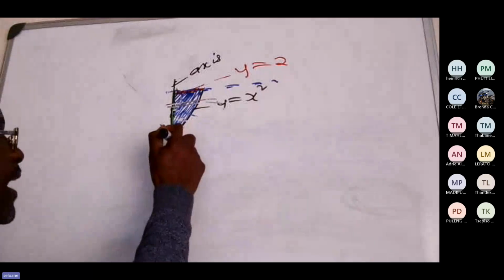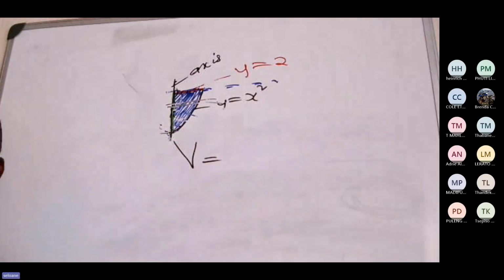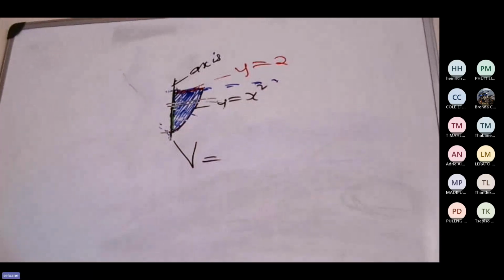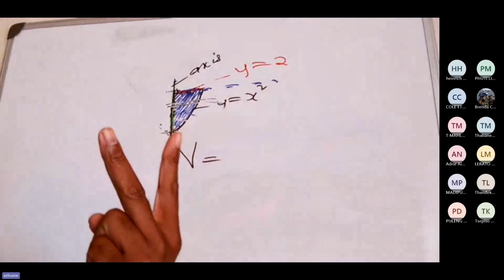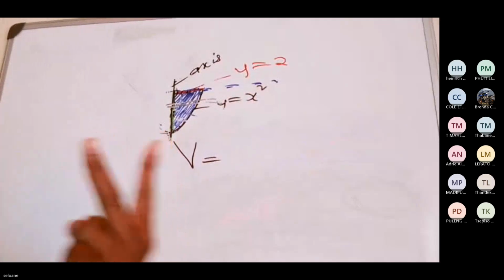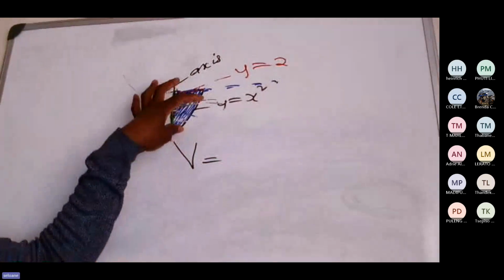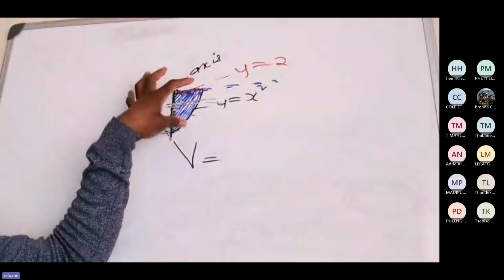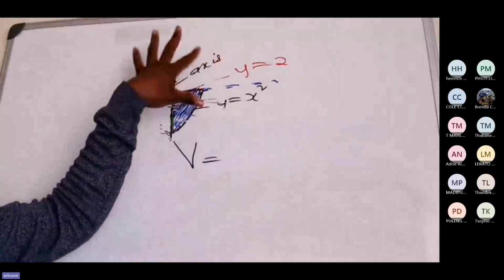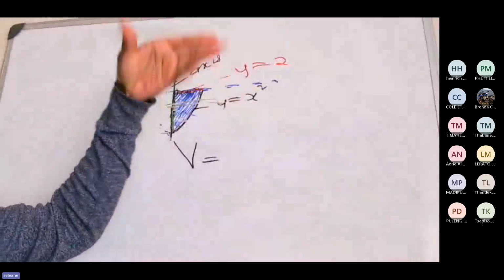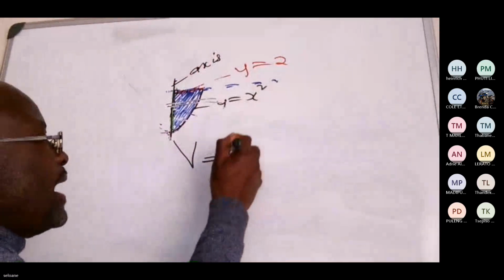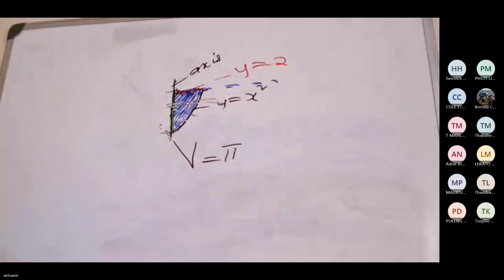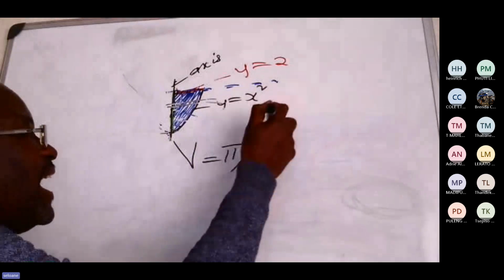Now, the formula will be this. We have two approaches, which means we're going to have two formulas for calculating the volume of a solid of revolution. If we cut the disk, which will be a representative of all those infinitely many disks, the formula will be pi, then you say the integral